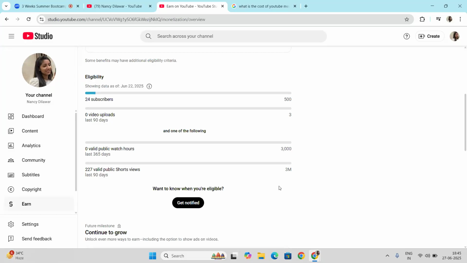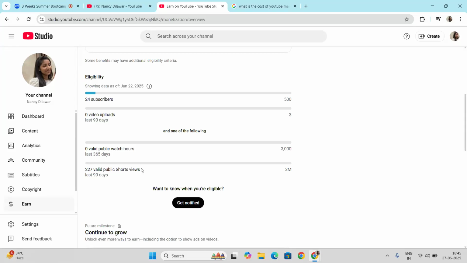In the last 90 days, you can see 3 million should be there, so here the days limit is less. But this can be achieved if your shorts have something worth watching. You have to upload at least 5 shorts in a day.